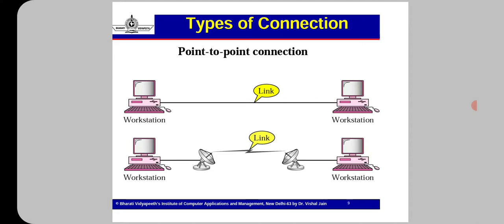What is a point to point communication? It means a secured, full channel and full capacity communication is established between two devices, like from one sender to receiver, or one device to another device. Point to point connection is a secure, fully utilized channel, using the full capacity of the medium to transmit data and information. The channel is completely dedicated to that line only. That type of link is called a point to point connection.